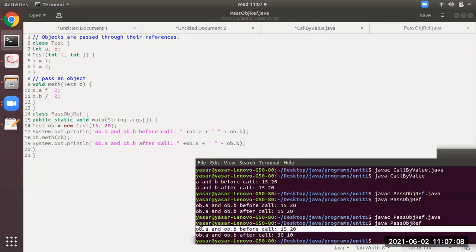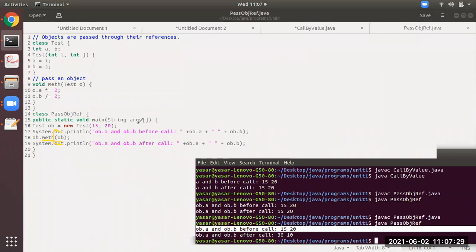It is displaying the message before call, 15 20. Then after this, line number 18, there is a method call ob.meth(ob). What is it calling? It is calling with the object ob as the parameter. Means what? ob is having 15 and 20 from here.